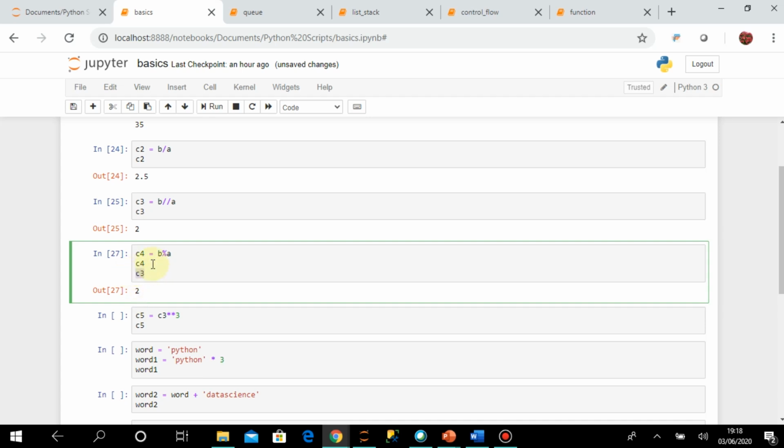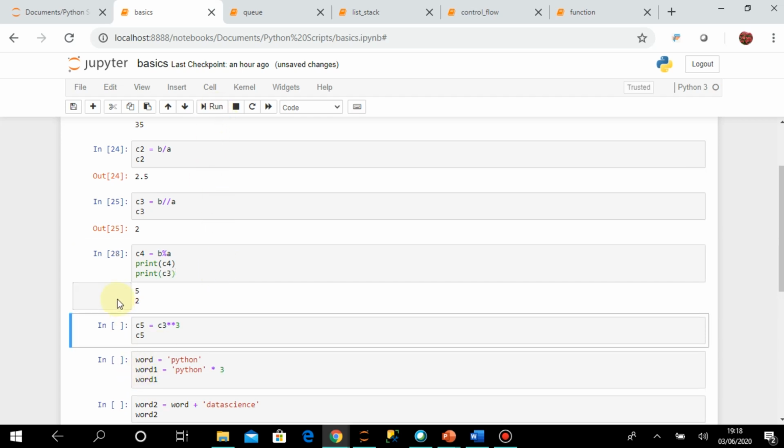Maybe the C4 value, which was 5, was there, but then C3 came, so it was overwritten. But if I write print statements, then you will get both of them. Now if you execute, you can see that both 5 and 2 are getting printed.